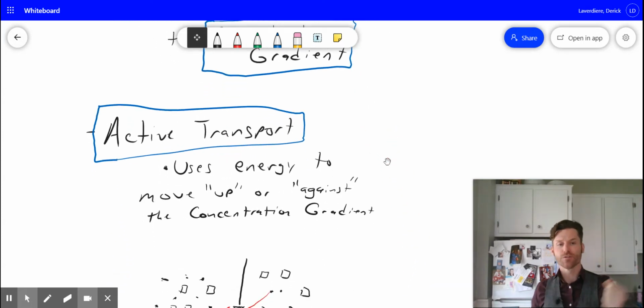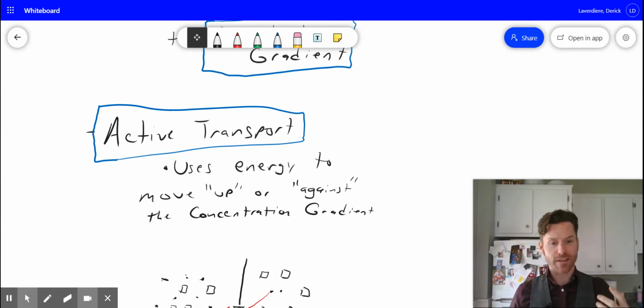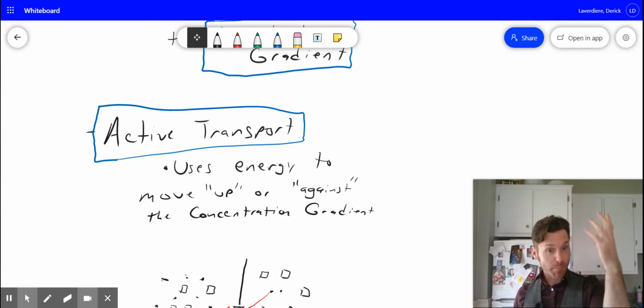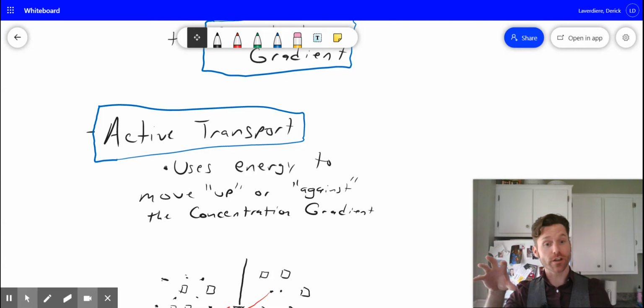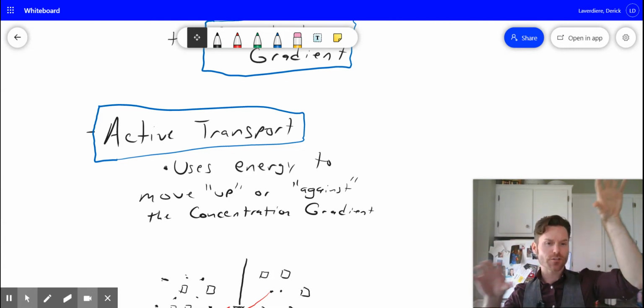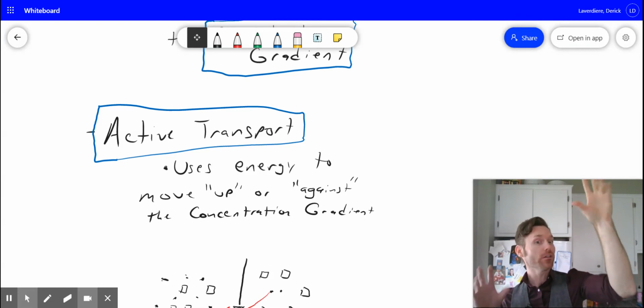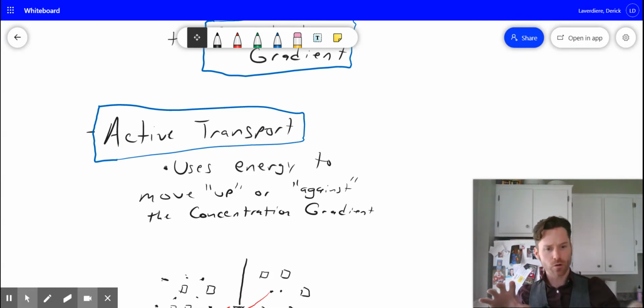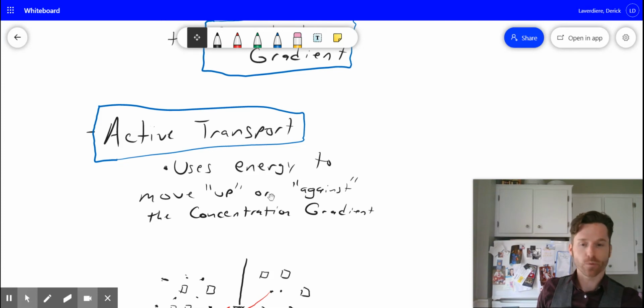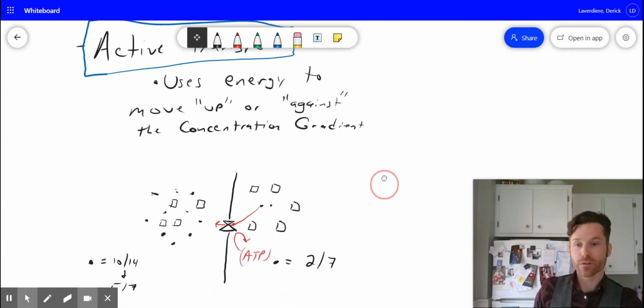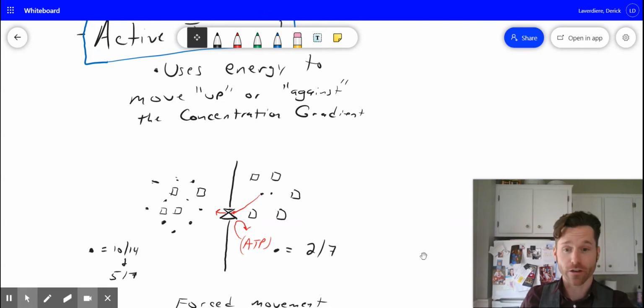Now, as opposed to passive transport, active transport requires the input of energy to move the molecule. And the reason it needs energy is because it's going to go the opposite direction from that natural inclination. This is going to move the molecule up or against the concentration gradient. So we're going to go from a low concentration to a high concentration. If you think about going from a low place to a high place, you've got to go uphill. It takes more energy, right? Same idea: if you're going low to high, it requires energy. You go high to low, it doesn't require energy. So active transport always requires energy, and it's typically moving something from a low concentration to a high concentration,